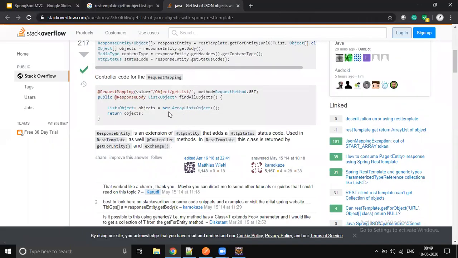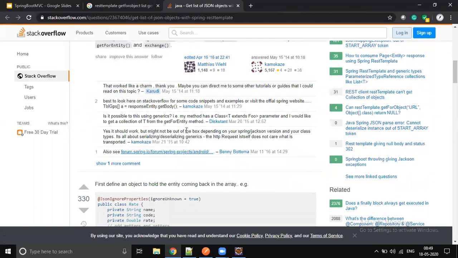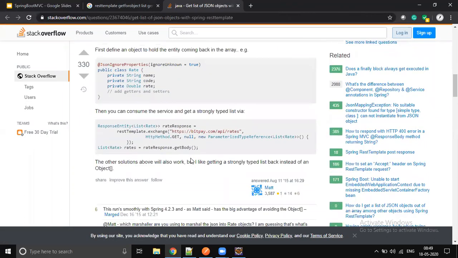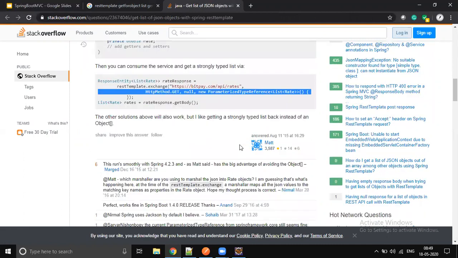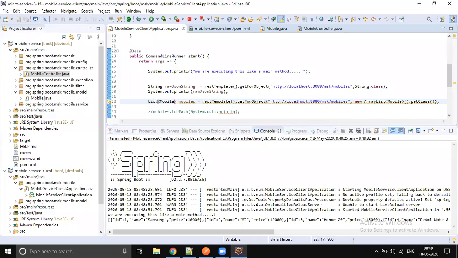Okay, this. Okay, let's do one thing. ParameterizedTypeReference we have to use. Okay, ParameterizedTypeReference. We'll do one thing. We will use an array, right? Instead of a list, we will use an array. That will be good.